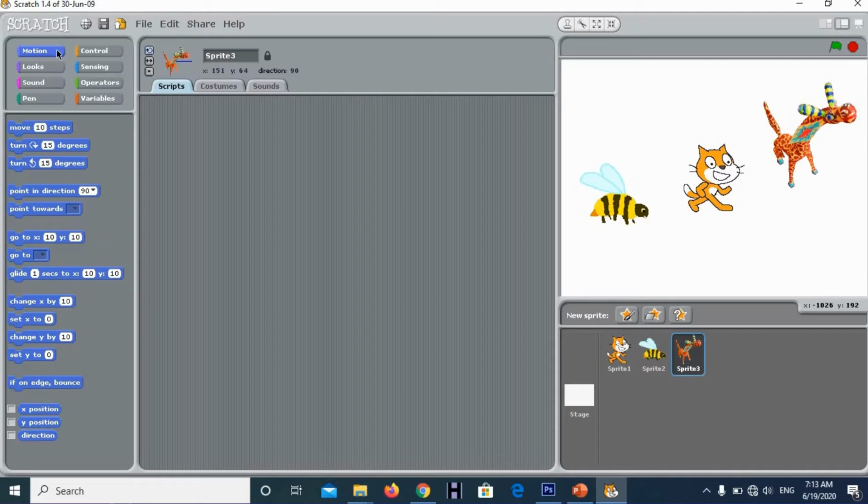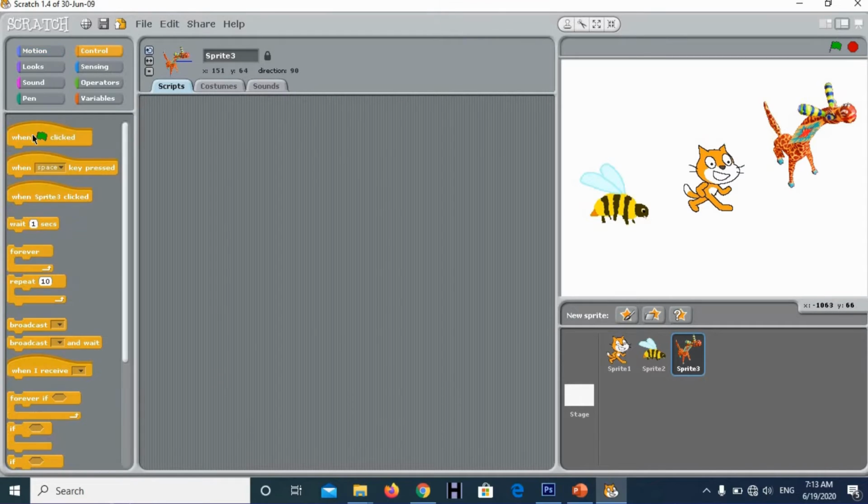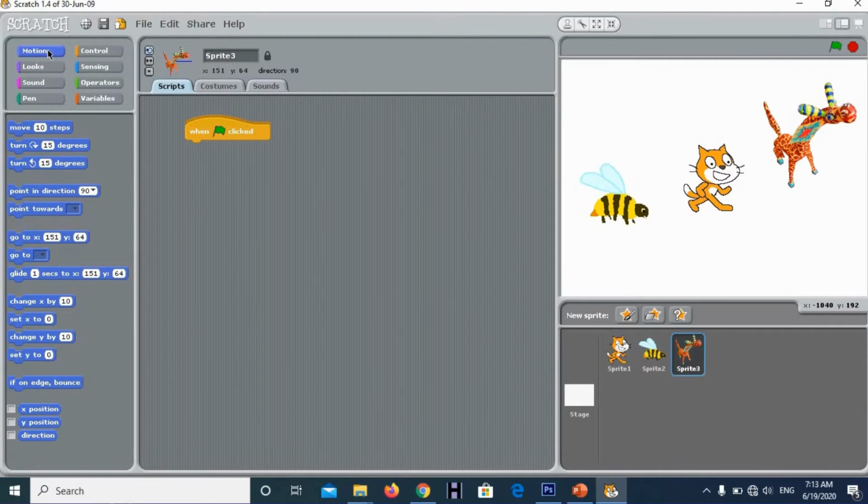So what we can do is make this object work, right? For that, go to the control icon and drag this control, when green flag is clicked. Again come back to the motion block and select move 10 steps.